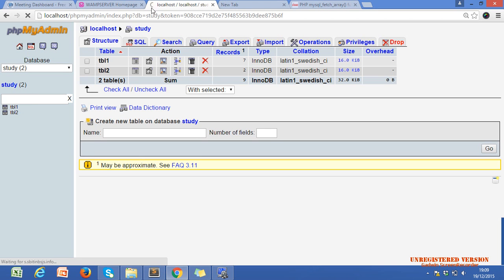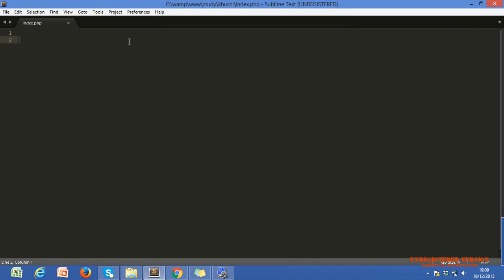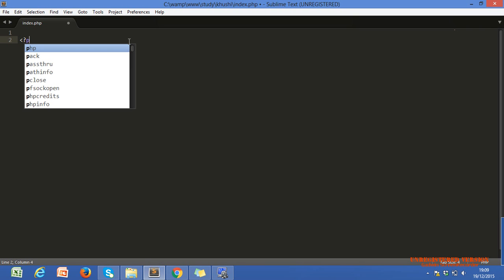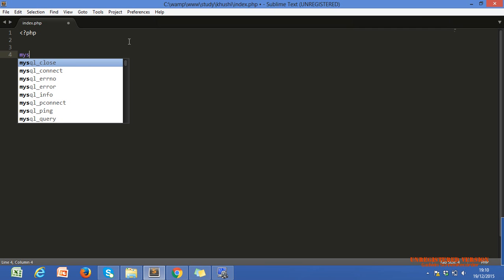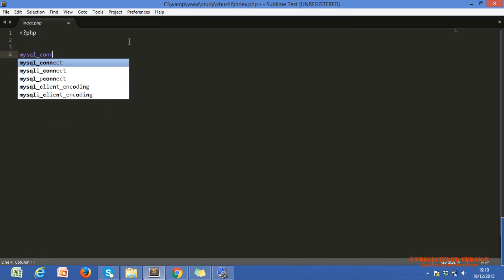Just go back to your file. Start the PHP tag, because we are going to write PHP functions which will connect us to our database. The first function is mysql underscore connect.